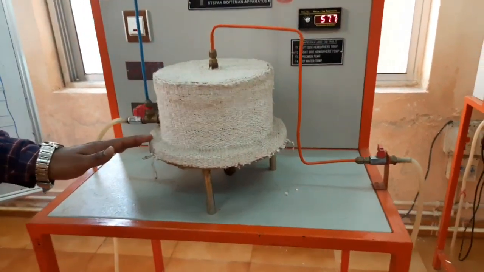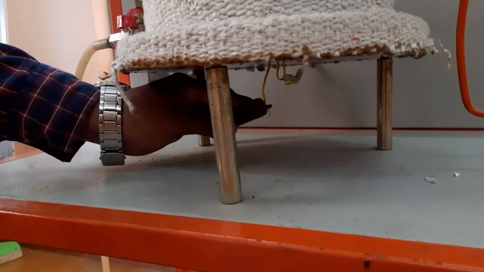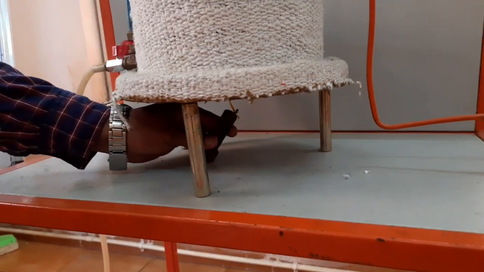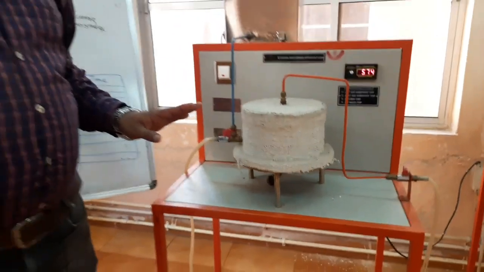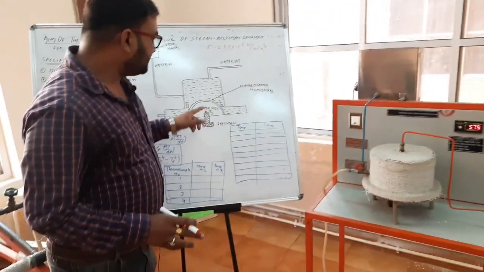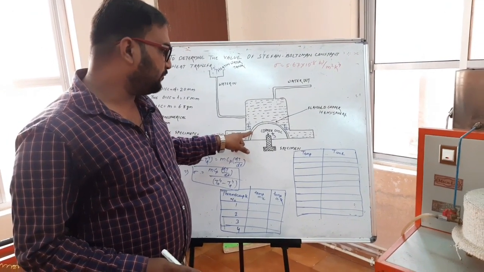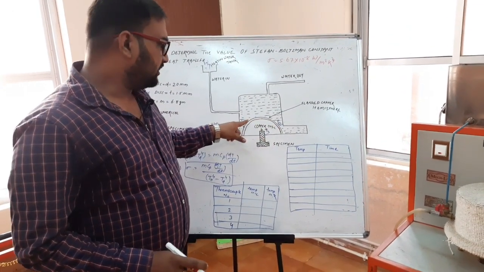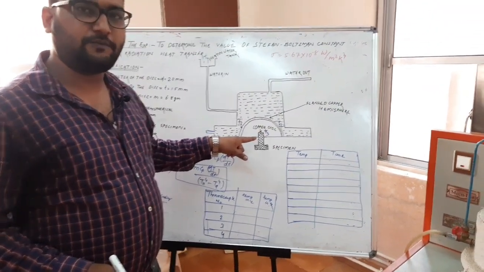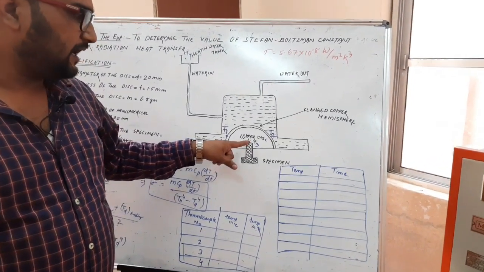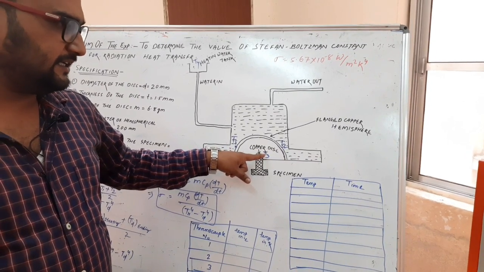The second thing is the copper specimen, which is placed here and referred to as the copper dish, and it is going to be inserted through this groove. To measure the temperature of the hemispheric flange, two thermocouples are attached at point 1 and point 2. The corresponding temperatures are T1 and T2. Similarly, to measure the temperature of the copper dish, another thermocouple is attached over here, and the corresponding temperature is T3.